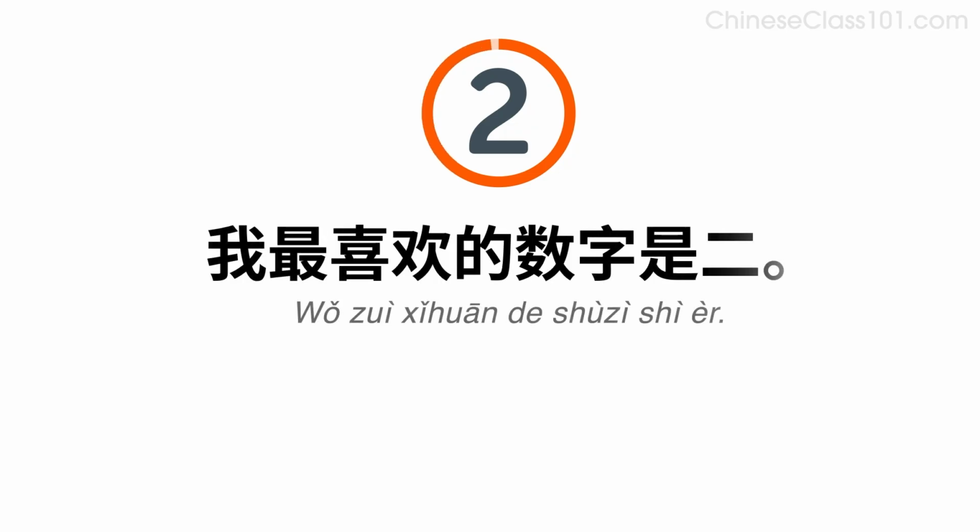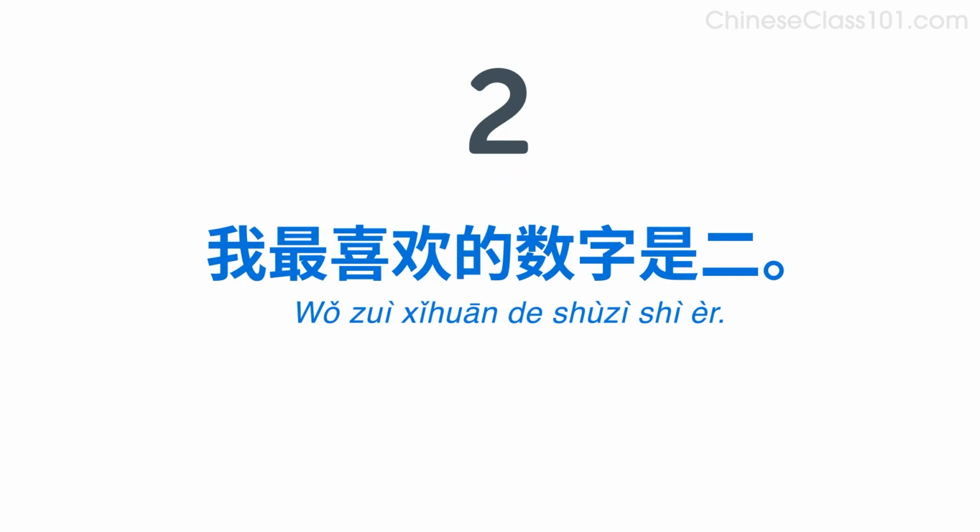Do you remember how to say, "2"? 二。 Say, "It's 2." 我最喜欢的数字是二。 Now answer the question saying, "It's 2." 你最喜欢的数字是多少？我最喜欢的数字是二。